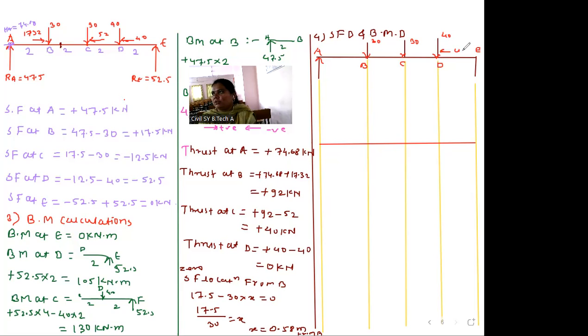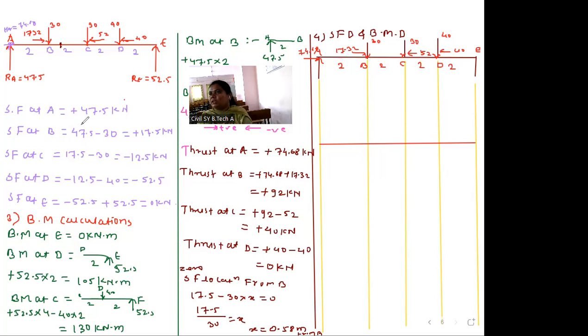Here 40 horizontal. Here 30 horizontal. No, 30 not. Here 52, and here 17.32. And here HA is applied, 74.68. Okay. So at A point, shear force value is,